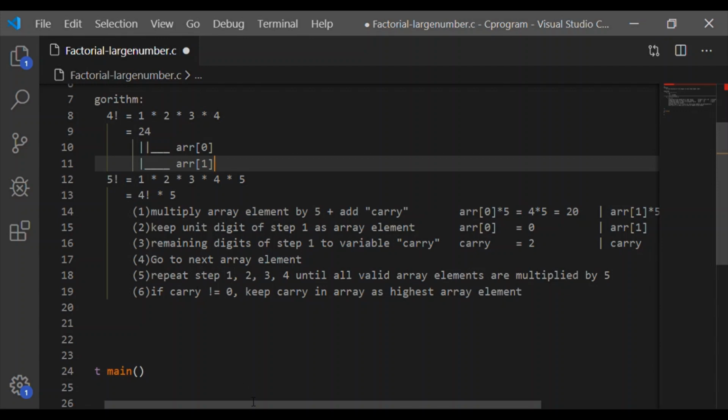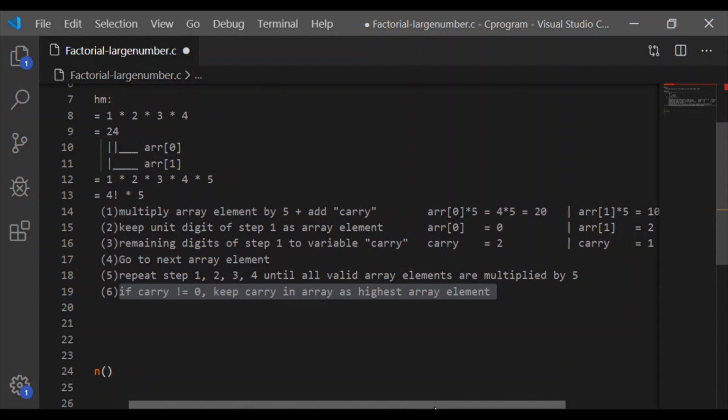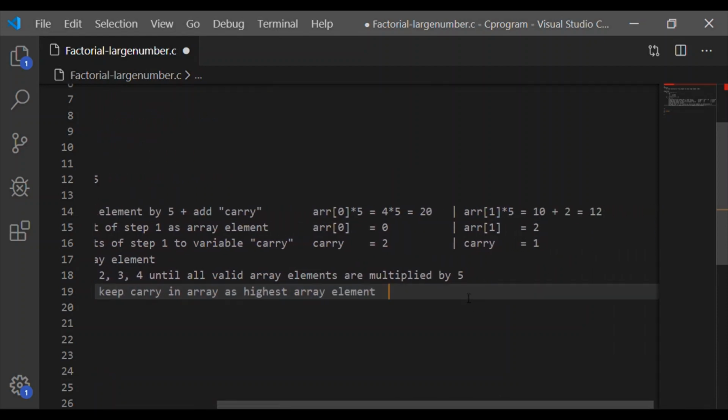Now we have to repeat these steps 1 to 4 until all valid elements are multiplied by 5, and we have only 0 and 1, which is completed. The 6th step is if carry is not equal to 0, keep the carry in the array as the highest element. So array of 2 is coming into picture here, which takes the value of carry. So array of 2 is 1, array of 1 is 2, and array of 0 is 0.